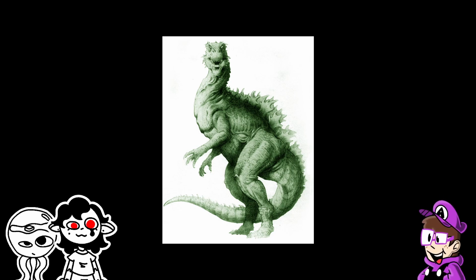One thing I like about MonsterVerse is that they did give him gills, and I appreciate that. Pet-sized Godzilla. Oh, this is pet...